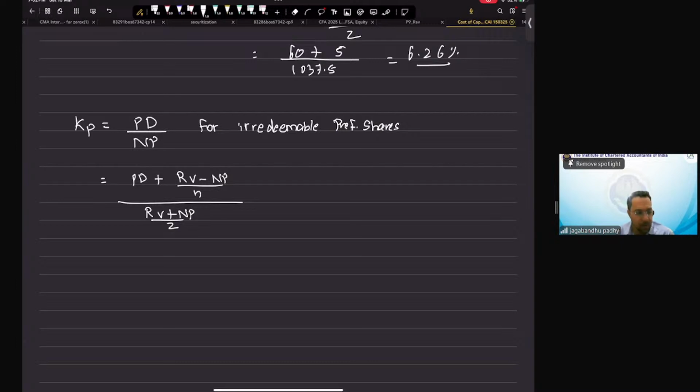Right? So preference dividend is not a tax deductible expenditure. Therefore we just need to take the preference dividend without any tax benefit. Without any tax benefit, we can say the formula is similar to that of cost of debt. It's just that the addition 1 minus t which we had, that is ignored.